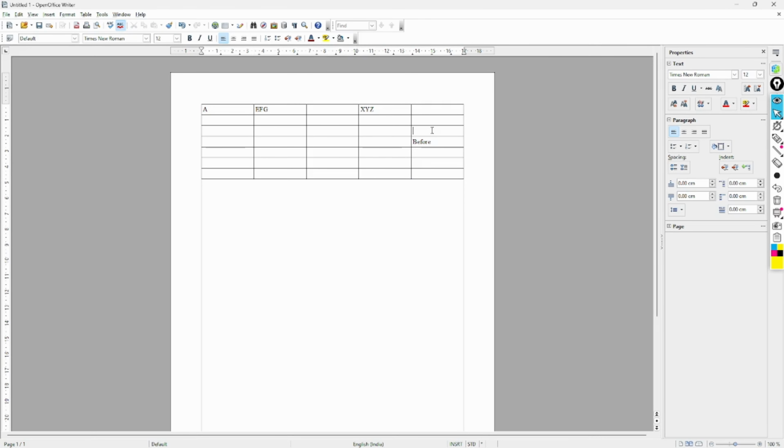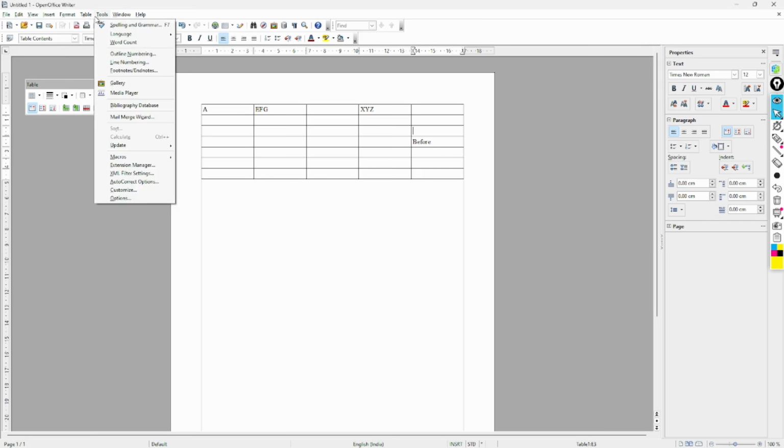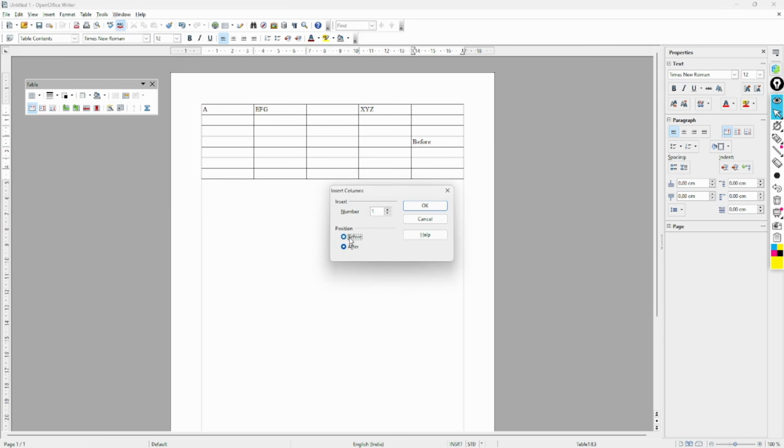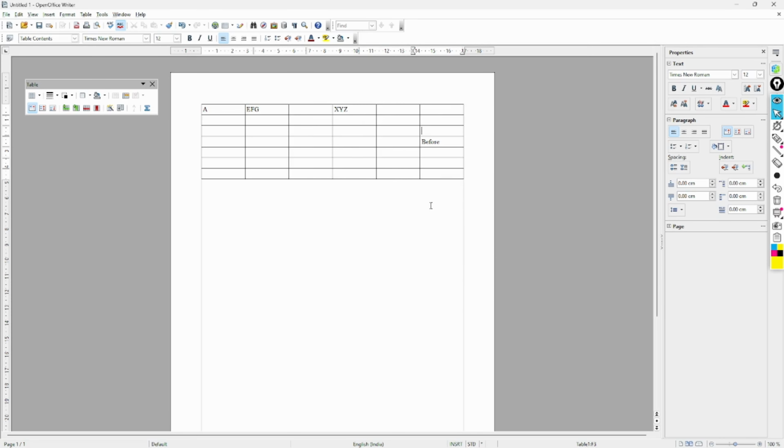Now same, for example, here we will see before. I am in the last column, correct? Now I will select Table, Insert and Column. But now where? Before means before this column and after this XYZ column. Now press OK. See, as you can see, we inserted this column.